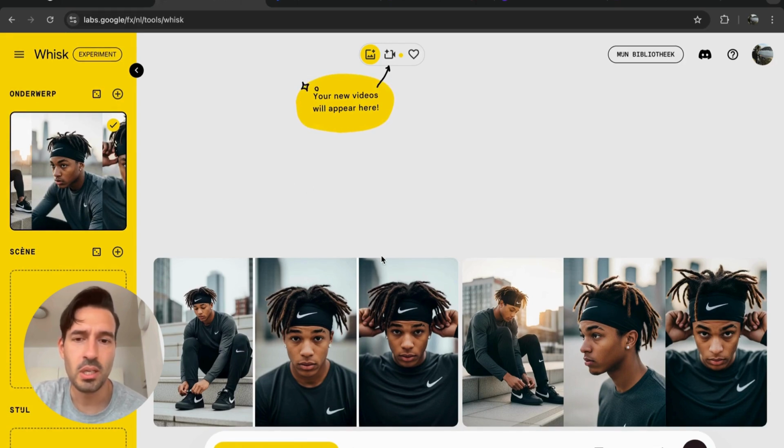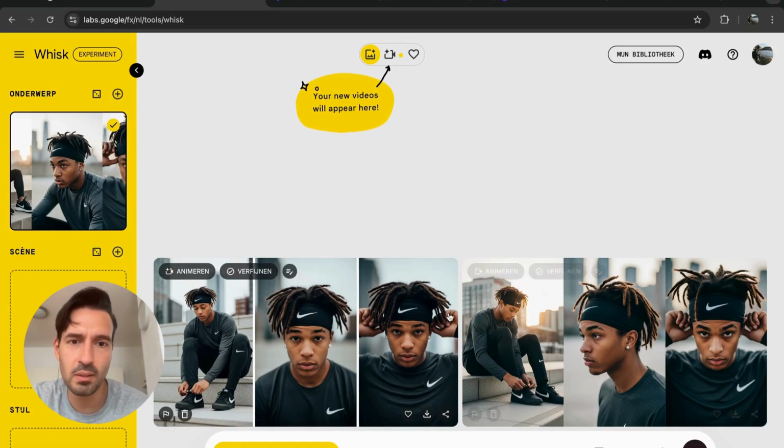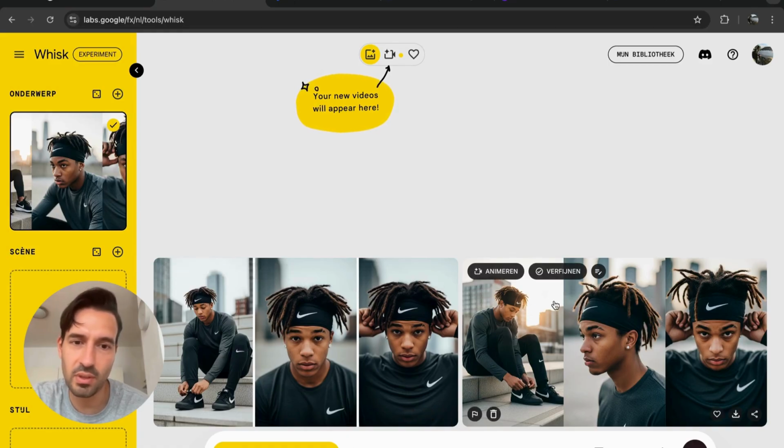So once you type in the prompt here, it will generate these images. Before recording, I already had these two downloaded, and look at the quality. It's very good. It's very clean. You can even see the light flares in the background. It's perfect. So what you do then is you go to animate,